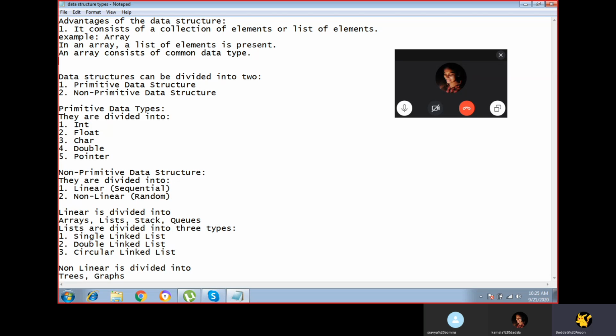In an array, a list of elements is present. We can store one or more elements in an array, and only one common data type of elements is present. That is the first advantage.